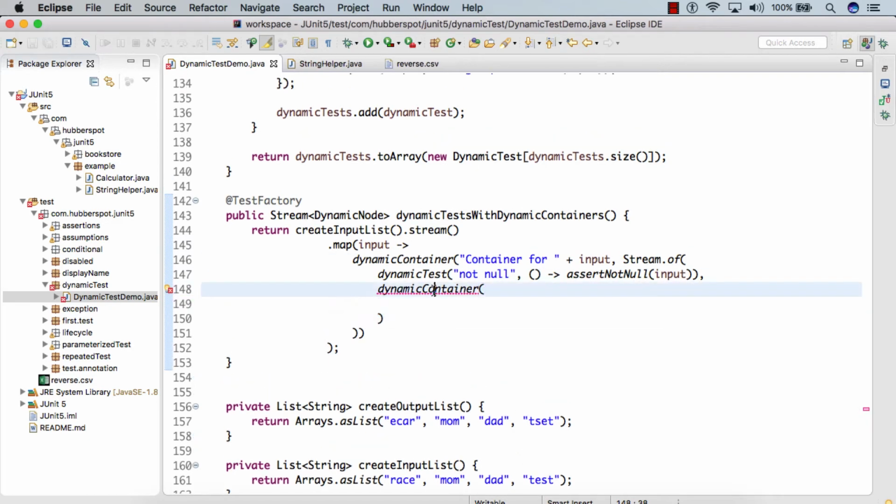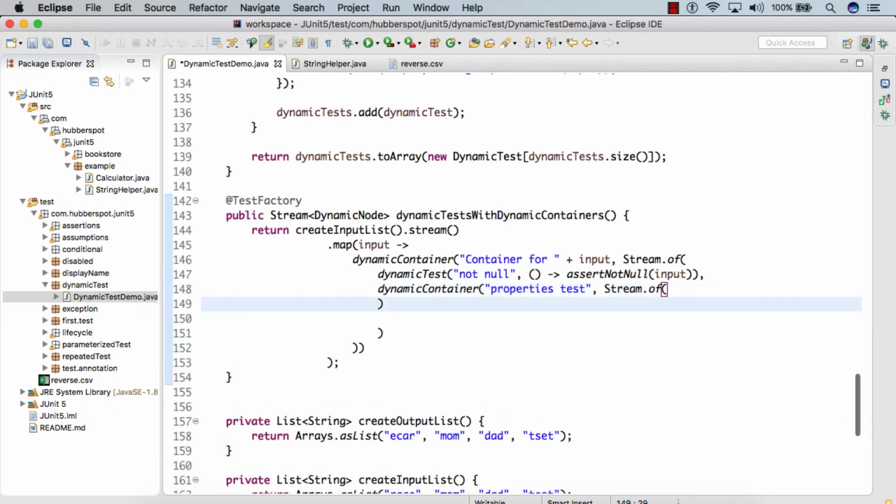So here inside this dynamic container, let's say after checking for not null, we check for its properties as the display name. And here we provide a stream of more dynamic tests. So inside this dynamic container, we can now provide multiple tests.